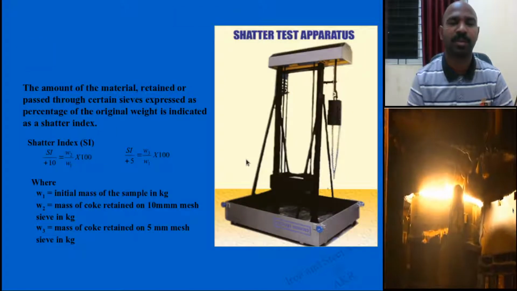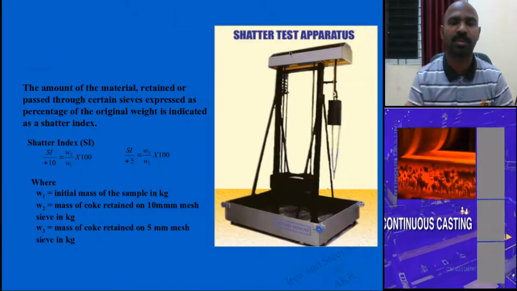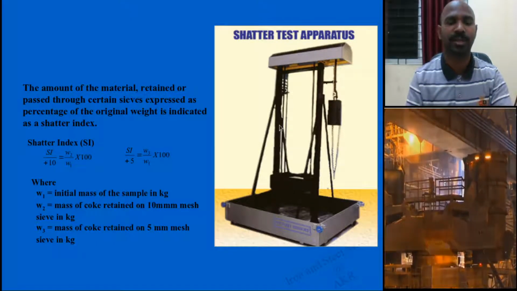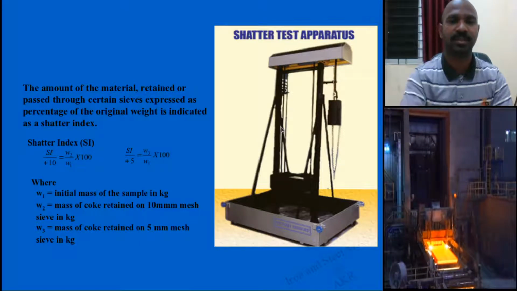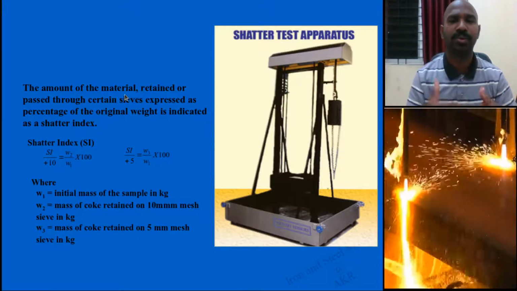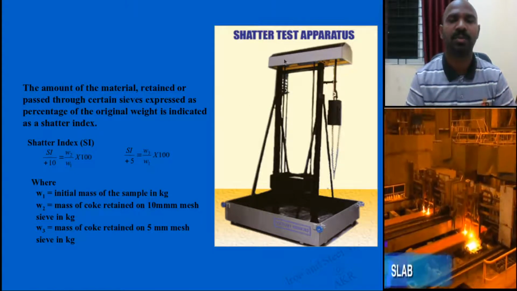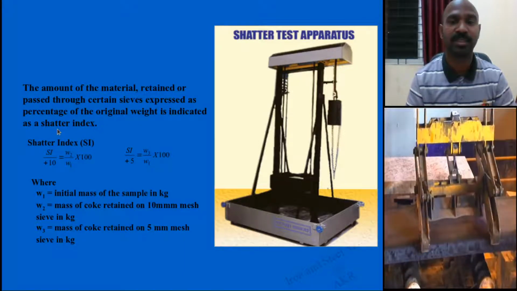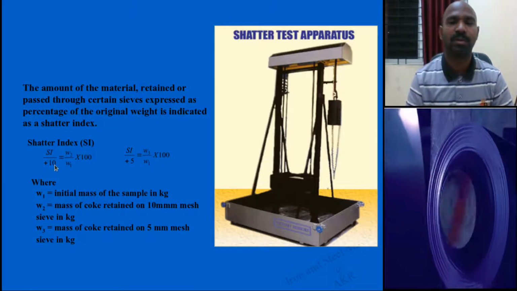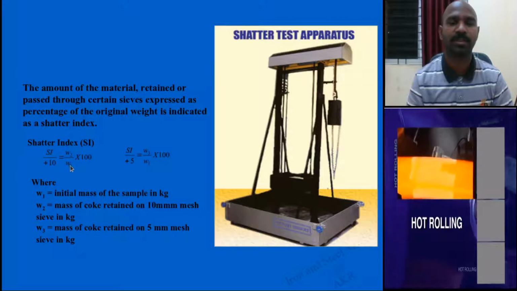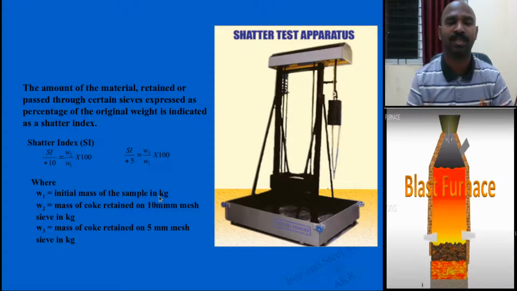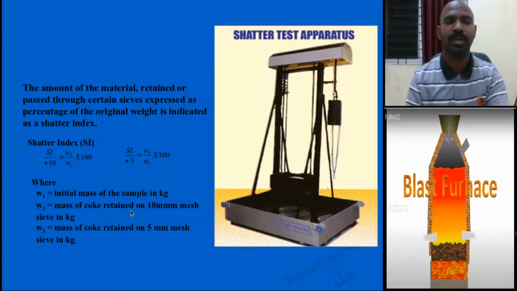Coming to the shatter test, how is it calculated? This is the typical apparatus used for the shatter test to know the impact strength of coke. The amount of material is standard, and the weight and height are also standard. Then you calculate the shatter index. For example, for plus 10 mm size particles, you use the initial weight, how much in kgs you have taken, 1 kg for example, and the mass of the coke retained after